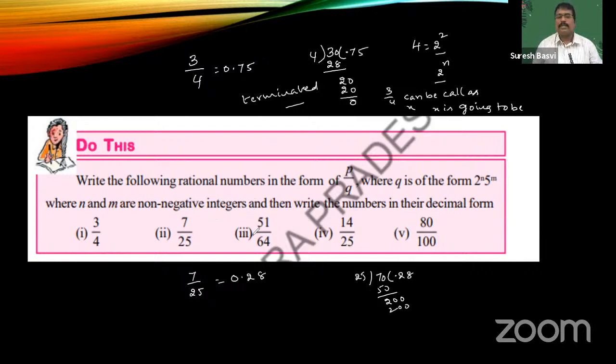That's it. So next, what is 51 by 64? Come on, I think you have to do this. First a point is there. 64, I think 8 4s are 32, no, 7 4s are 28, 7 6s are 42, okay, 44 is there. So next 2 is there, 6 is there. Okay, now I'm going to take this as